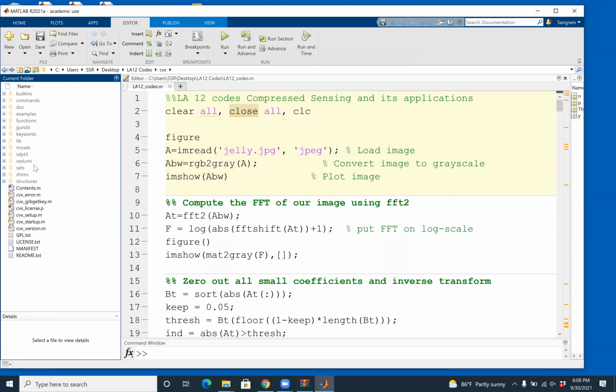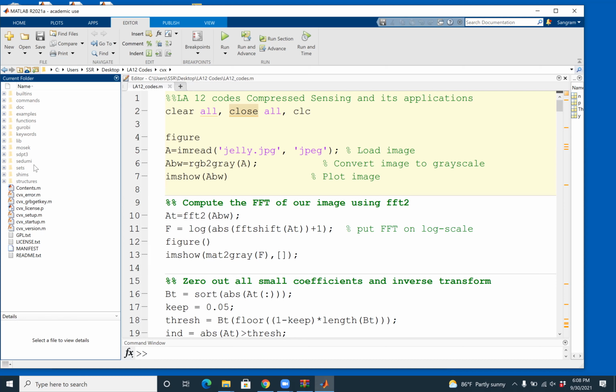Go to CVX, and this is something very important, so I will take a minute to explain what this is. CVX is the directory in which all the convex optimization tools and the programs that we are going to use to solve today's sparse optimization problem are stored.